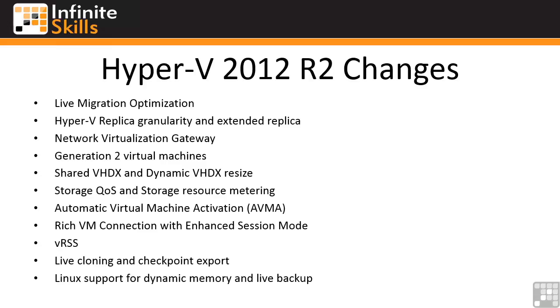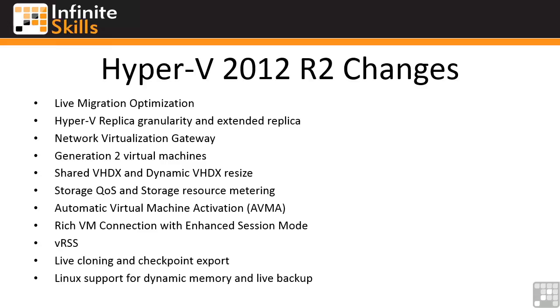Generation 2 virtual machines provide a new set of virtual hardware for modern operating systems that understand virtualization, and I will cover this in more detail. VHDX was introduced in Windows Server 2012 as a replacement for the old VHD format. VHDX had the ability to be 64 terabytes in size, and in Windows Server 2012 R2, I can now share